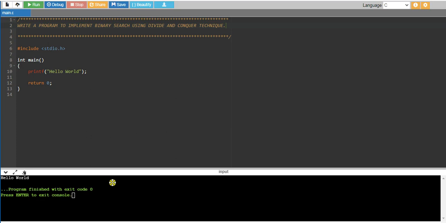In this session we'll move to the next experiment, that is, write a program to implement binary search using the divide and conquer technique. At the very first we have to understand what the divide and conquer technique is and how binary search can be implemented. Binary search is a divide and conquer algorithm.